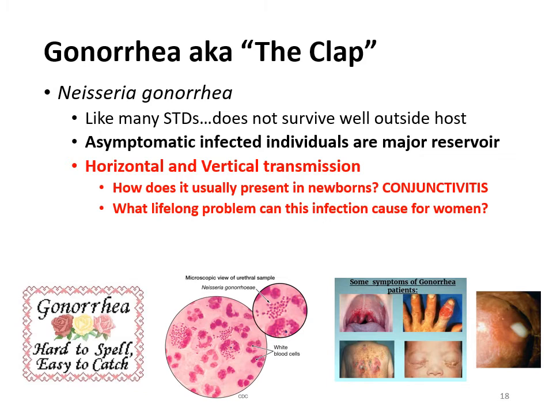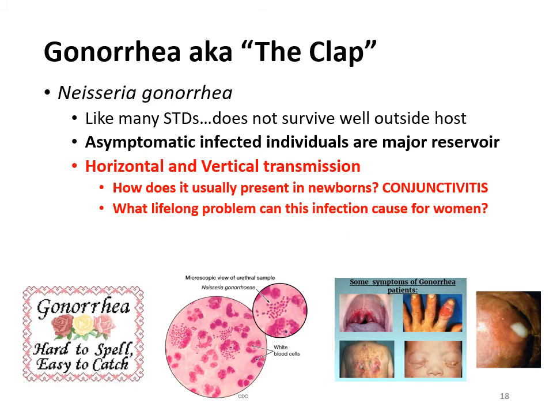Now, the clap is caused by this bacteria here, Neisseria gonorrhea. And I point out that, like many STDs, it does not survive well outside of the host, which is why it is transmitted sexually, in close contact. It's not going to be airborne. Also point out asymptomatic transference, which again means that a lot of the people spreading it don't show symptoms. So you could catch it from someone who does not have pus coming out, or who does not have the lesions that you're seeing in these pictures.